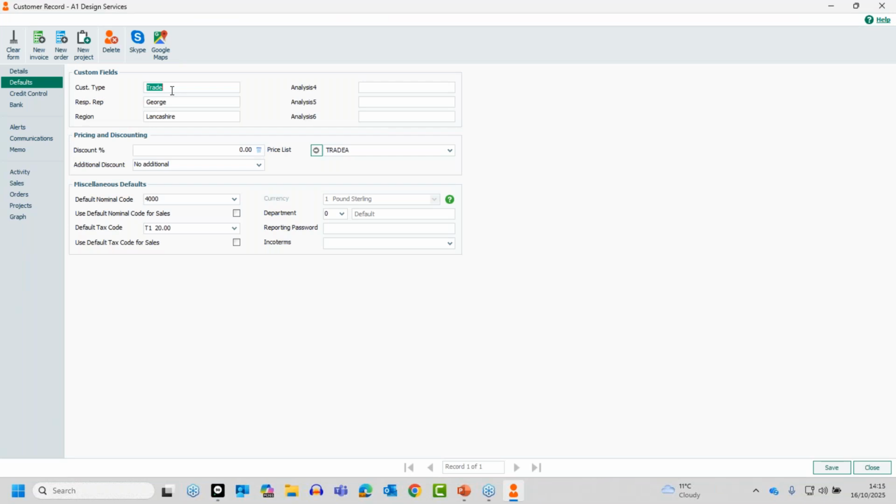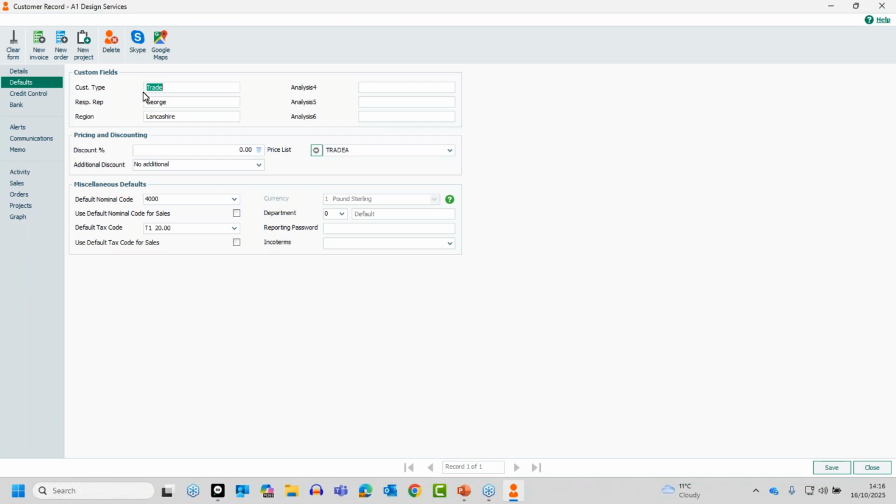You can flag the customer in a certain way so that maybe you can then apply filters. You might just use them as another way of recording a bit more information about that customer. But you'll find they're available just about throughout the software as well. So customers, suppliers, you'll find them in products, projects. And these days you also have them when entering invoices and credits and sales orders, purchase orders. So you've got them in a number of different areas, and it just means you can filter your records based on that if required. But let's say I wanted to filter my report based around this first field,